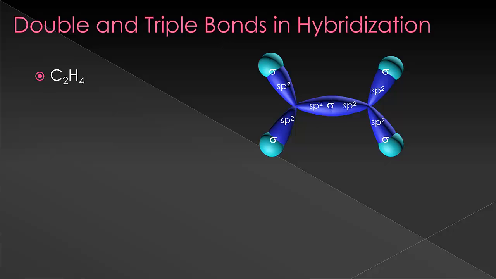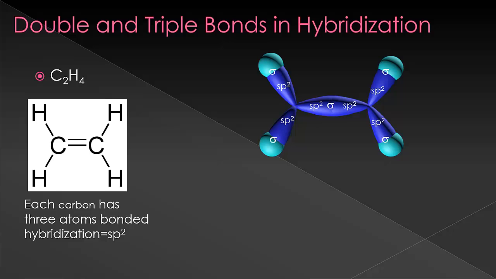Okay, so here I have C2H4. So let's start by drawing that out so we can look at what it looks like. So you may want to pause this a minute and then check yourself. So we draw this like this. So we have a double bond in the center between the two carbons, and then each one bonds to a